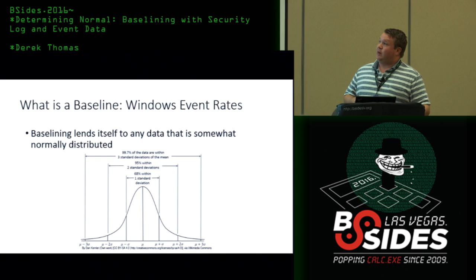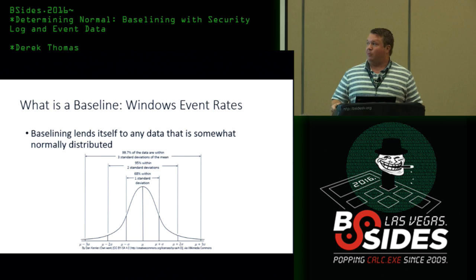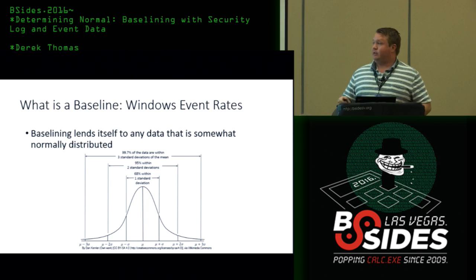So we're going to talk about baselining, and in particular baselining events that kind of follow a normal distribution. What I found is that a lot of the data that we look at will be approximately normal. And if you're not familiar, the normal distribution really just means that on average, activity will occur near the average. And as you go farther out, either above or below that average, the probability of that occurring will be less and less.